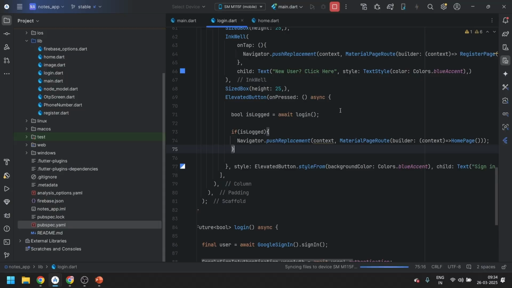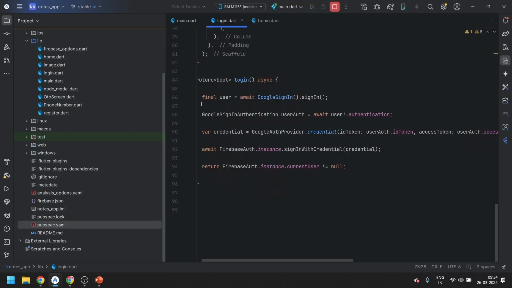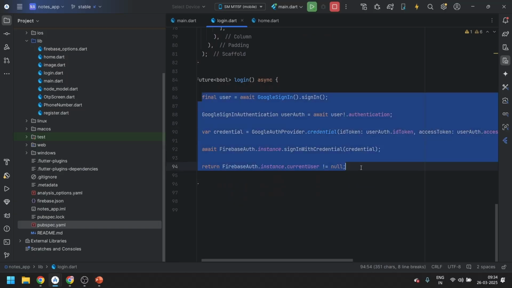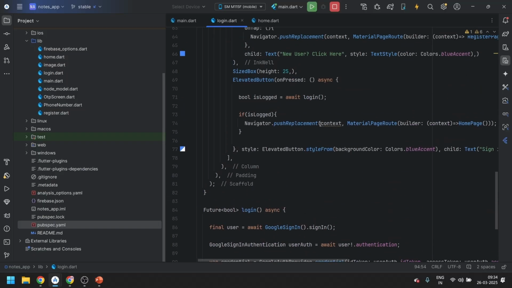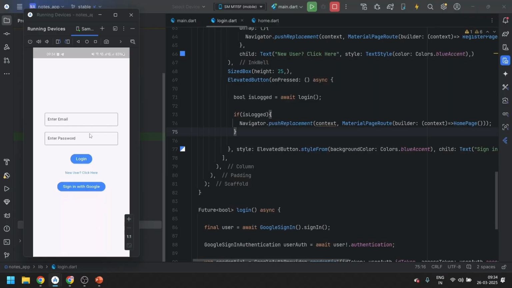So let's just run the application. For this Google sign-in method, only these 4 to 5 lines of code are important, along with the necessary packages, and on the console, the provider should be enabled. So let's just run it and go to the running device. Over here, this is the page. On click of sign in with Google,